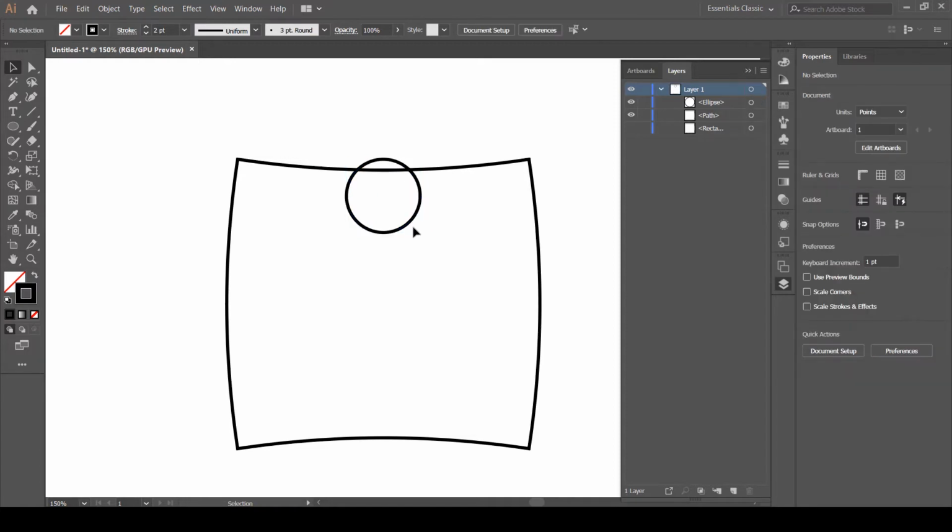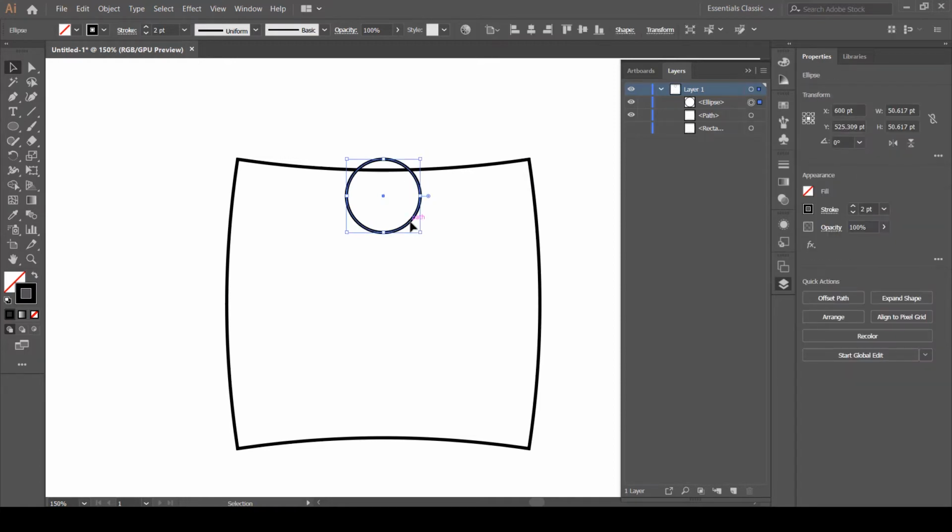Okay, that's perfect. And let's copy it, paste it in front of it, and then move it towards the other side. Now I want it to not be that far away from this line, so let's press the down arrow key to move it a little bit down, and you should count how many times you press the down arrow key, so we move this other circular shape the same amount. So let's go 1 2 3 4 and 5. I think that works good. So 5 times down, and then the same way we are going to move it 5 times up. So 1 2 3 4 and 5.